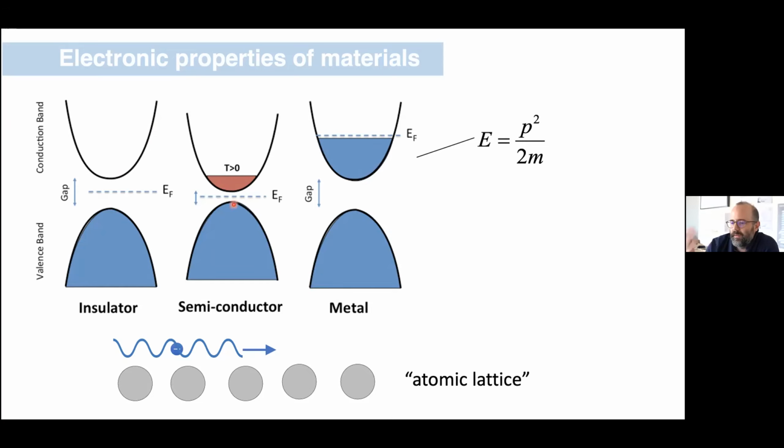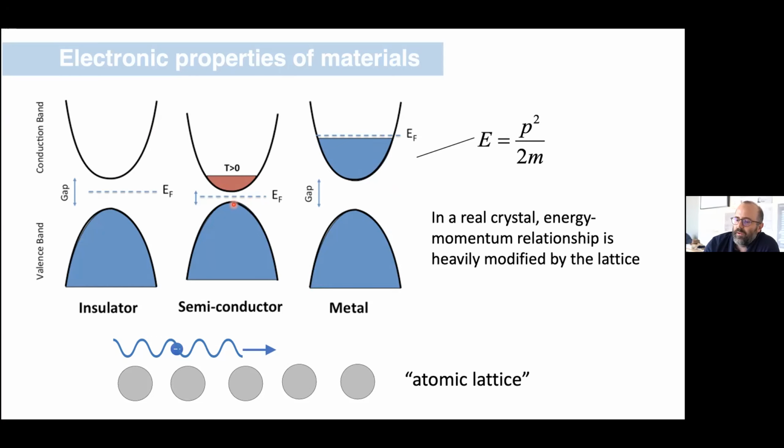And a semiconductor is somewhere in between, where there's a gap, but the gap is small relative to the ambient temperature scale. And the critical part here, which was discussed beautifully a moment ago, is that this is a very simple cartoon. The reality of what this band structure actually looks like depends in very specific detail, in ways that were just described, on where the atoms physically exist in space.